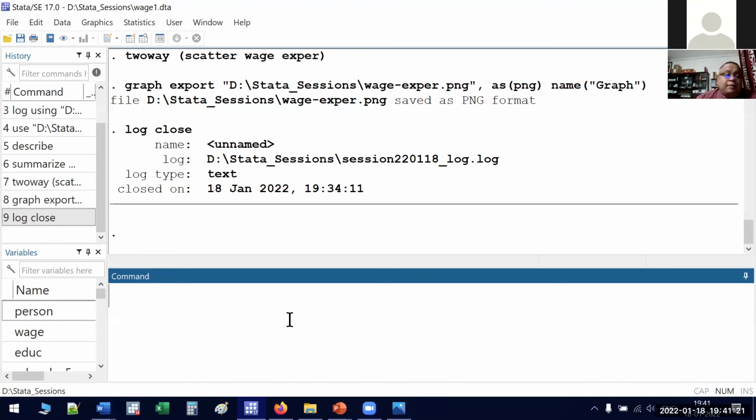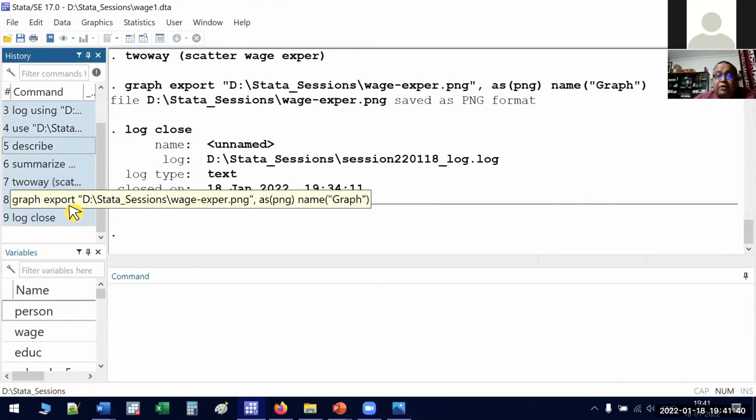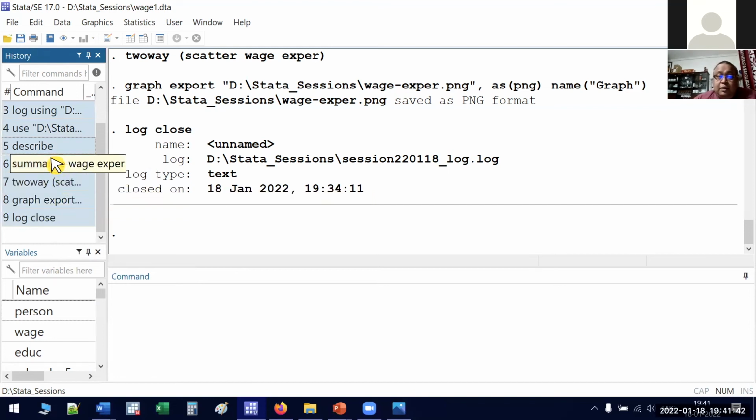How do you do that? Go to the history window. This history window contains all your commands, right? So let's say this is all the analysis that you wanted to do right now, and you want to save these commands. What you do is go to the history window, right click there and select all. Then right click again and copy. Or you can use your keyboard shortcut CTRL-A, CTRL-C. Once you have copied it,